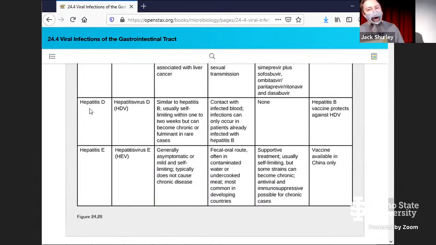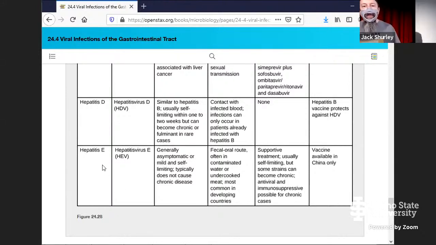Hepatitis D, like I said, is kind of an odd one. It's similar to B, typically self-limiting, a couple of weeks, but can have some chronic situations. The kicker with this one is you only see ill effects if you are co-infected with hepatitis B. If you don't have hepatitis B, you don't recognize any issues at all, right? Which is interesting. And so as a preventative for D, a vaccine against B will protect you, all right? And if you happen to have both, well, it's ultimately more of a concern as far as the outcome goes.